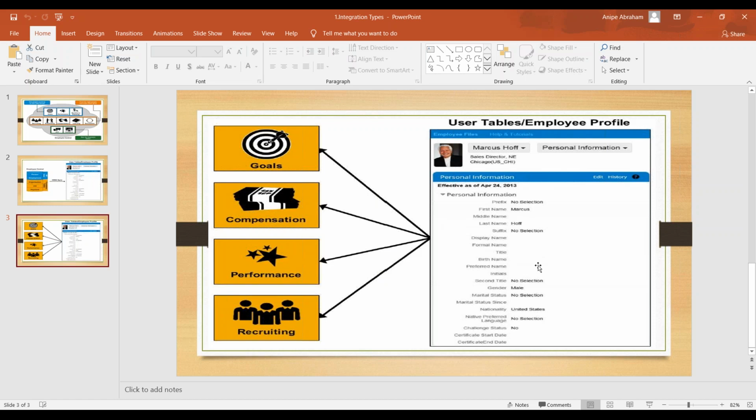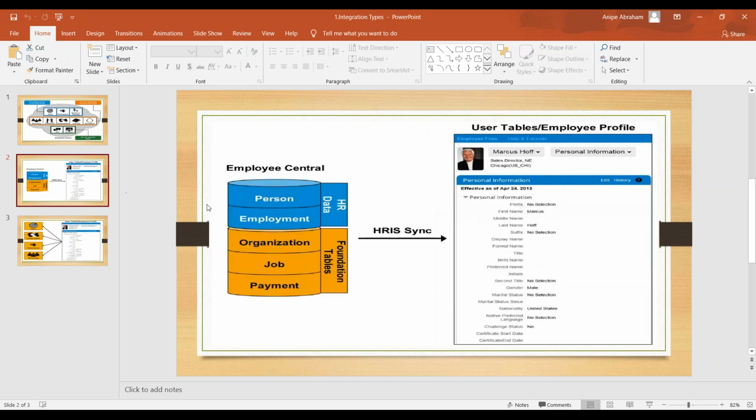But remember, once you have done the configuration, let us say you have done Employee Central to employee profile, the HRIS sync has been configured in the corresponding data model. We call it the succession data model. Here I want to tell you two examples. By standard, in the HRIS sync mapping in the succession data model, you already have a pre-configured mapping from HRIS element to the standard element fields. If you want to configure, let us say, custom mapping, you can do it.